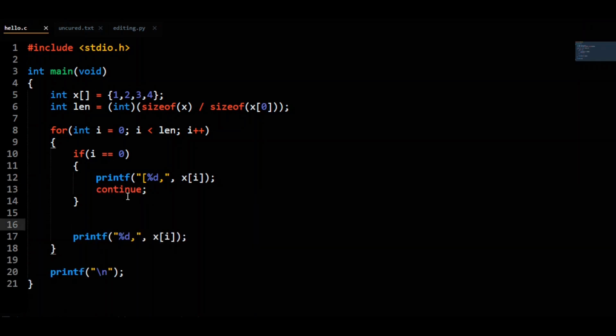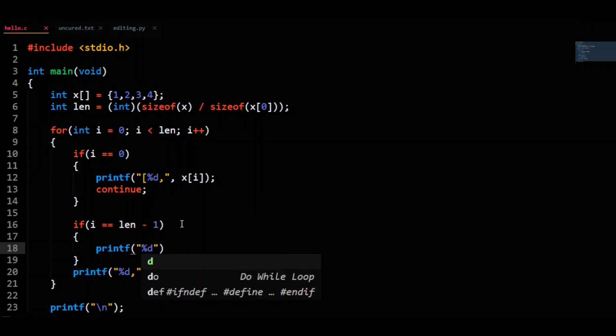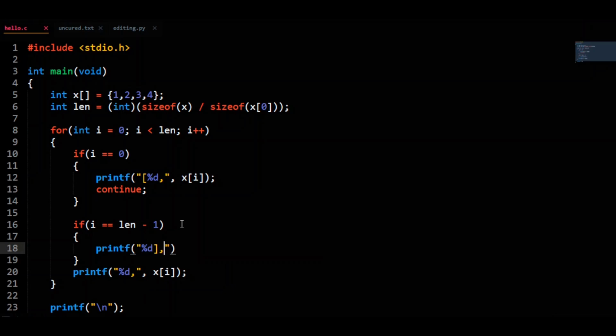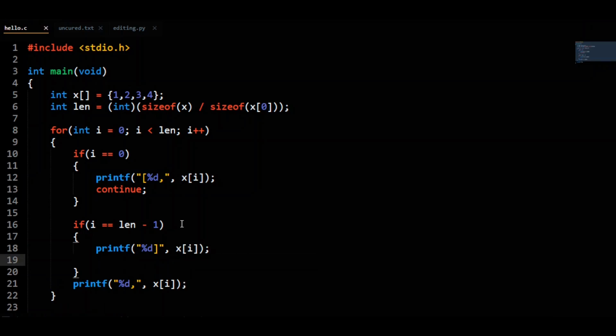For the other condition, if i equals len minus 1, meaning we are talking about the last element, then printf double quotes %d closing right square bracket, then printf x sub i. And also do a continue after here to continue to the next iteration of the loop.